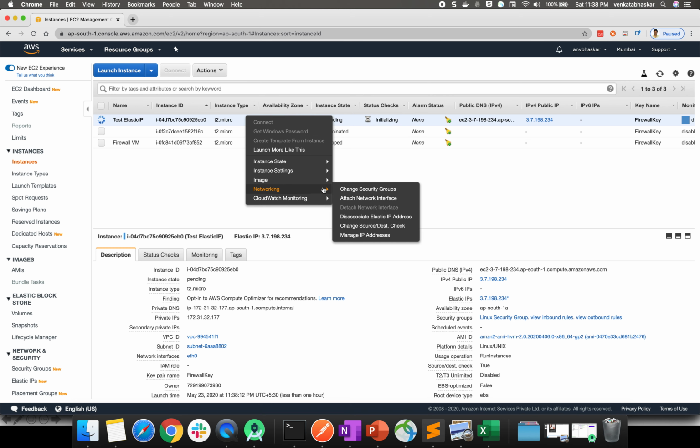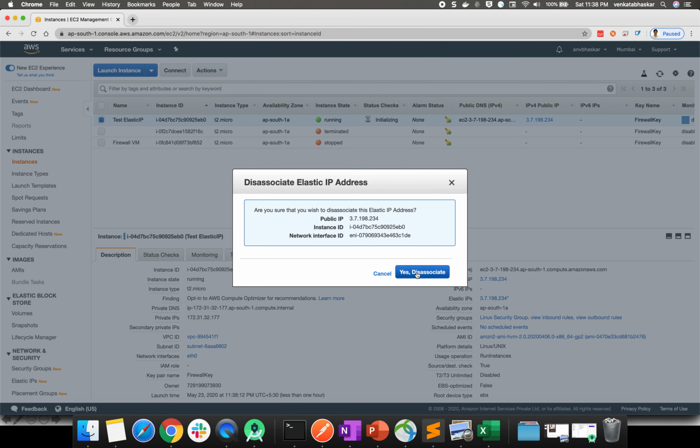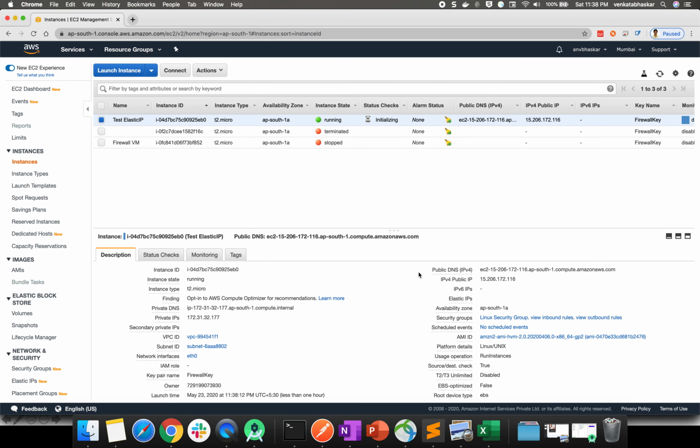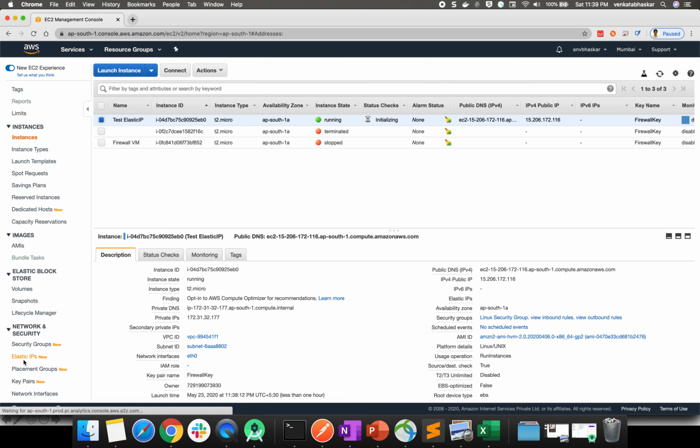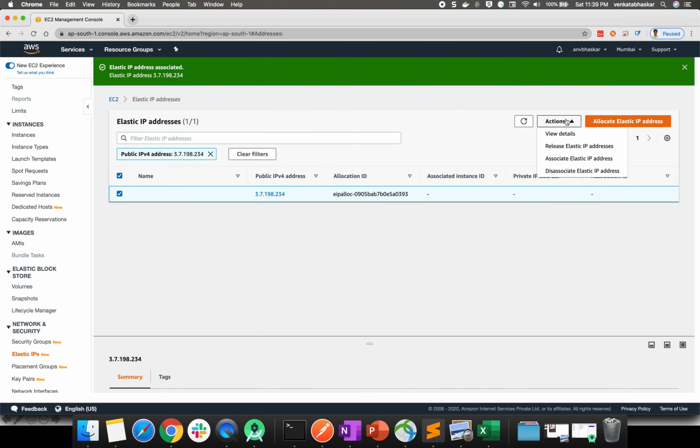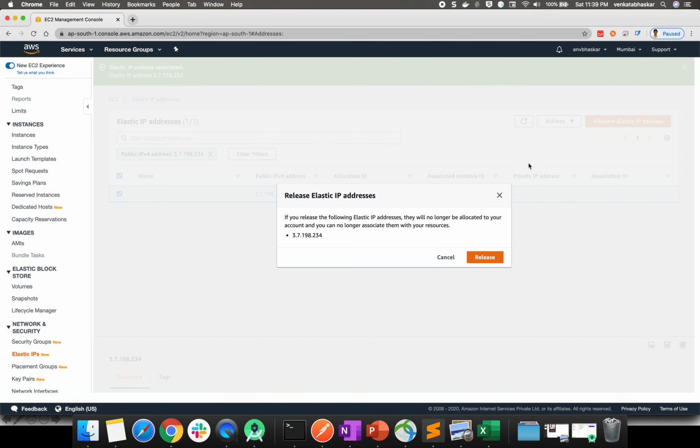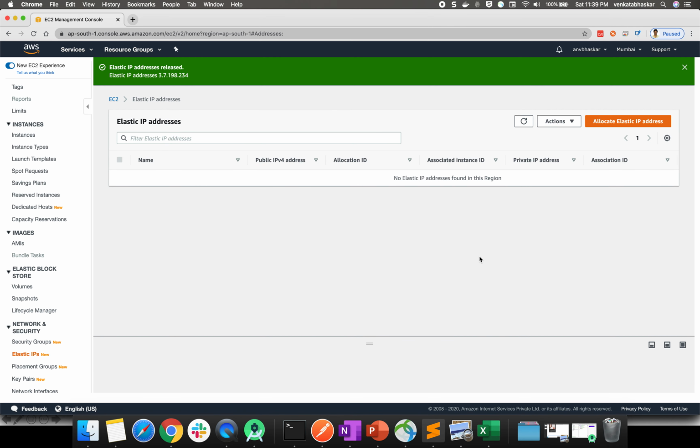Here if you want to release, you can disassociate, meaning if your elastic IP is not required, click on elastic IP, yes, disassociate. So your IP is released. So if you see, you got the new IP. Then once your usage is done, click on elastic IP. Here also you can release your elastic IP address. So this is the way to use an elastic IP with your EC2 instance.